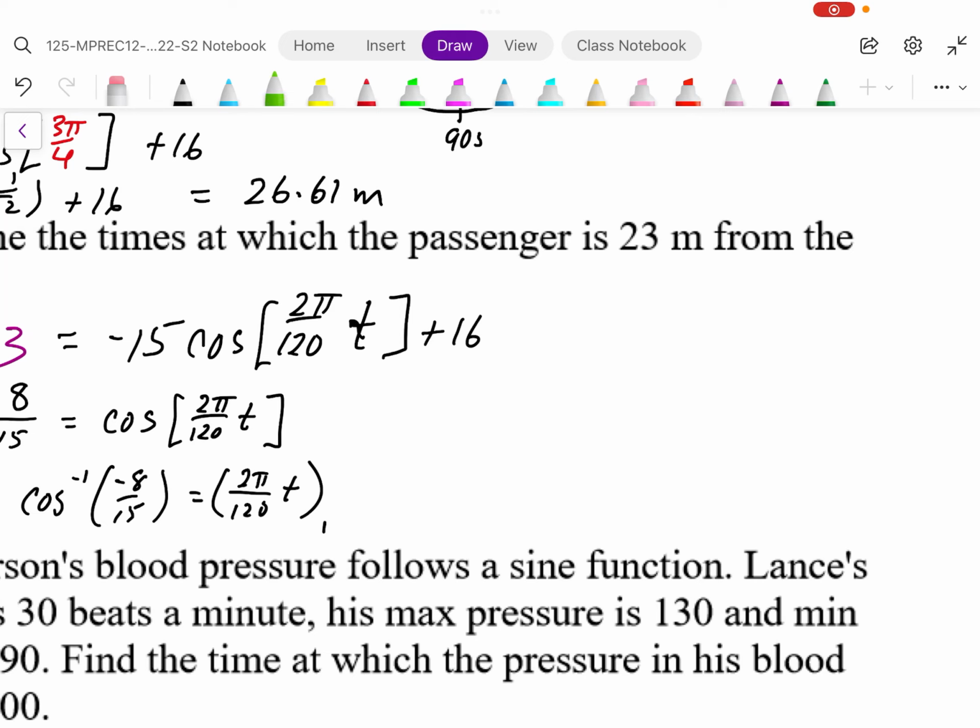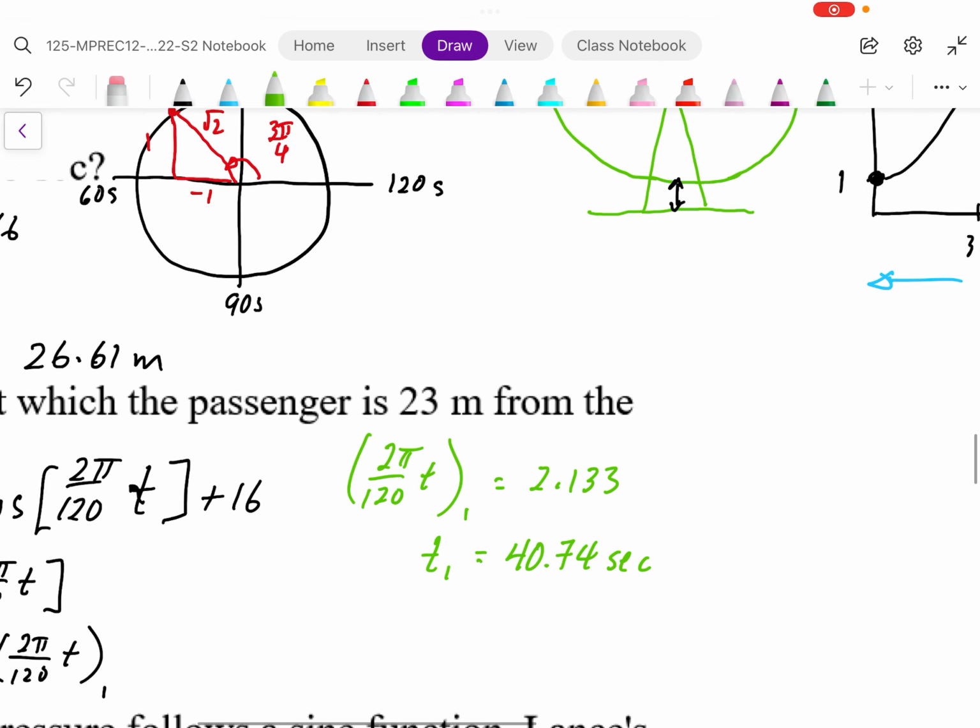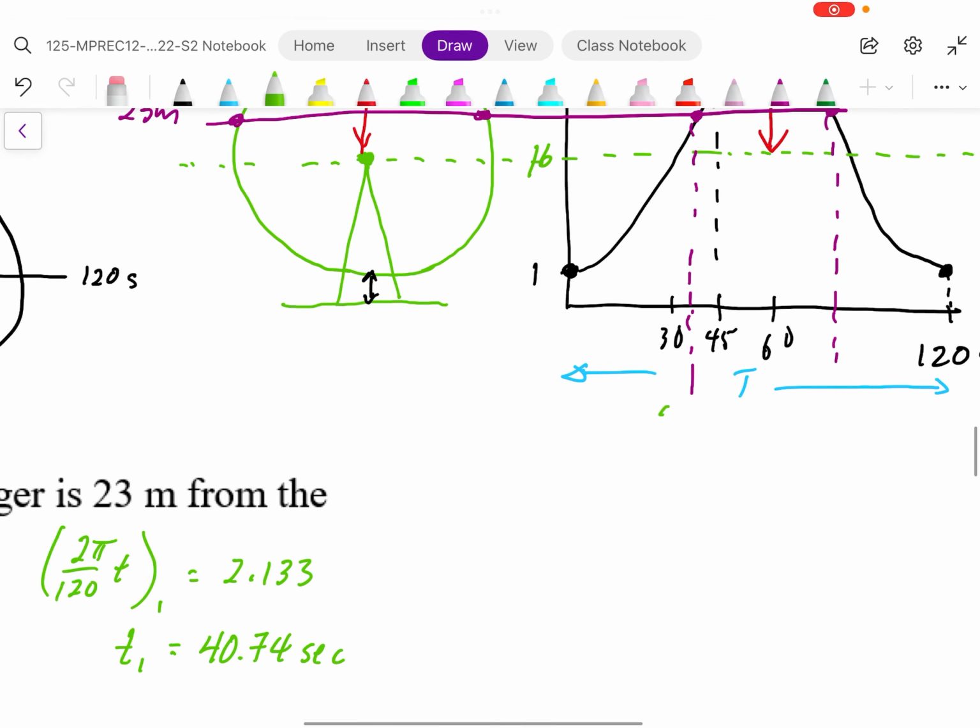So theta 1 from my calculator, I'm going to write this as 2 pi over 120t as theta 1. This is from the calculator, I'm going to get 2.133 radians. Okay, and then solving for the actual time, if I solve this algebraically for the time, I get 40.74 seconds. Okay, so if I take a look at my graph here, that's this point here,